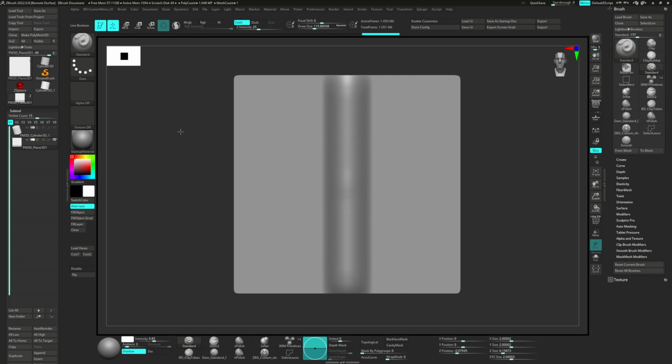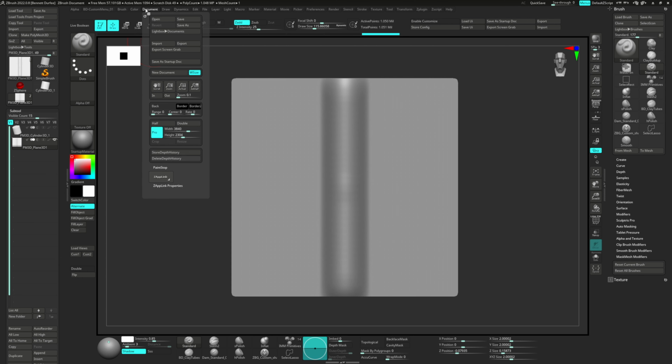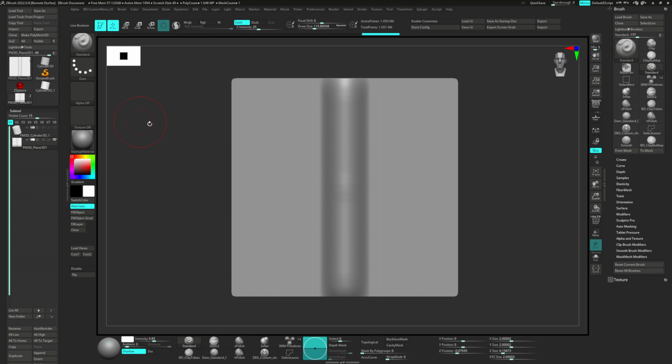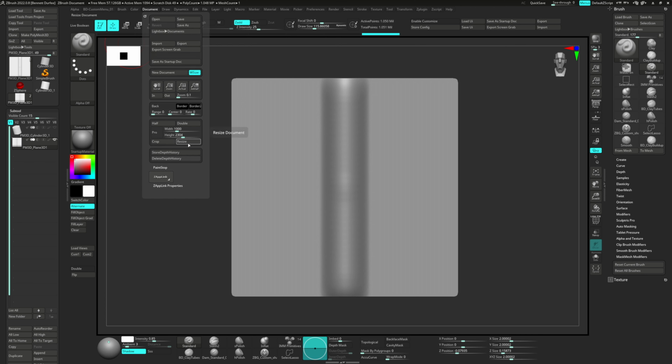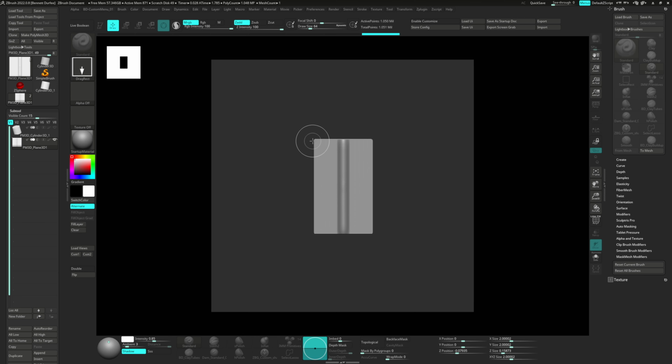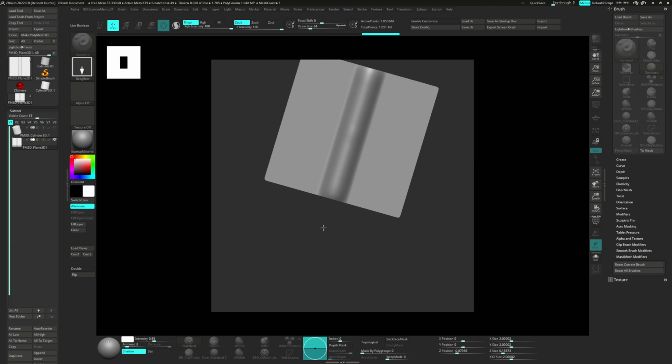So we're going to come over to our Document palette. Turn off Pro, which is usually highlighted by default. Then scale this down to something square. It can be 1000 by 1000, 1024 by 1024. That's it. Then hit Resize. You get a dialog box. Say yes. Before you do anything, hit Control N,